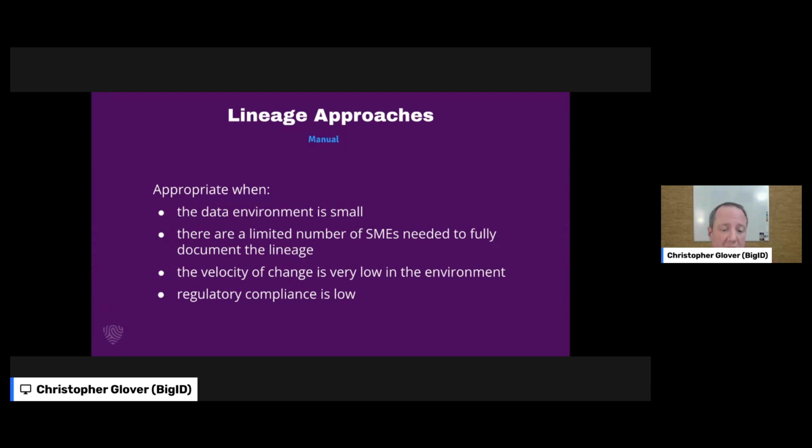But if you're a very small environment and there are a limited number of SMEs that are needed to fill out and document that lineage, if the velocity of change in your environment is very low, or if the regulation in your industry is low, it can still be done manually. But this is really not that applicable. And I suspect that most people who are here listening to me today are not looking for the manual approach. So we'll spend most of our time today talking about the automated approach to lineage.